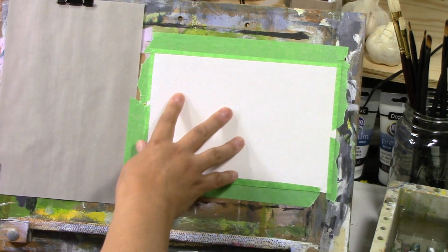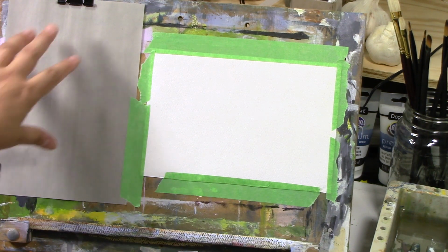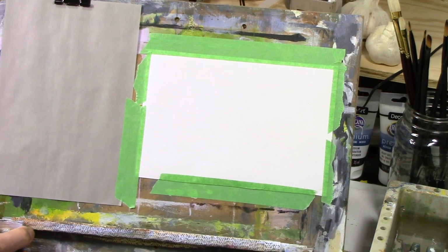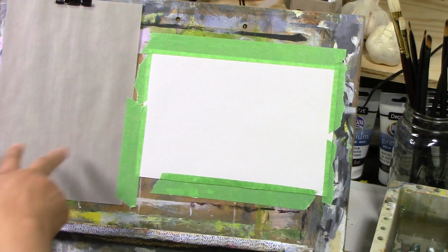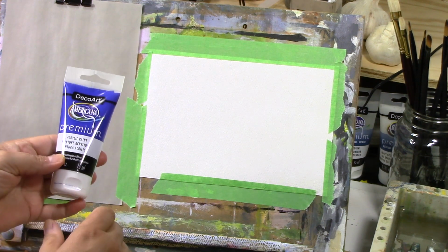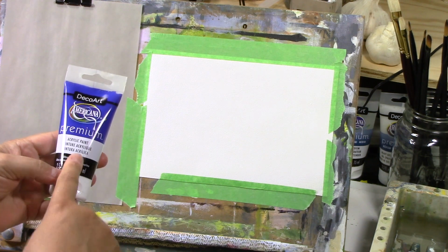So this is a primed piece of canvas paper. And I've got my gray palette paper on the side, and way down here I've got my palette, my colors on glass, too shiny to show on camera, so I'm going to be taking my paint and putting it onto here. And I'm going to be using the DecoArt premium acrylics, and these acrylics are compatible with any of the